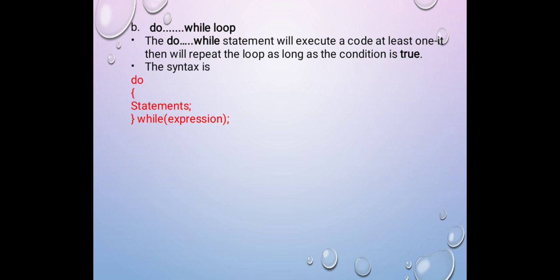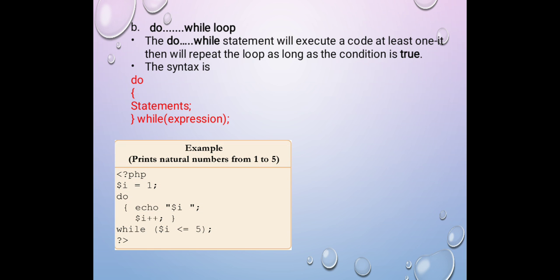After the while expression, we need a semicolon. And the example is: <?php $i = 1; do { echo $i; $i++; } while ($i <= 5); ?>